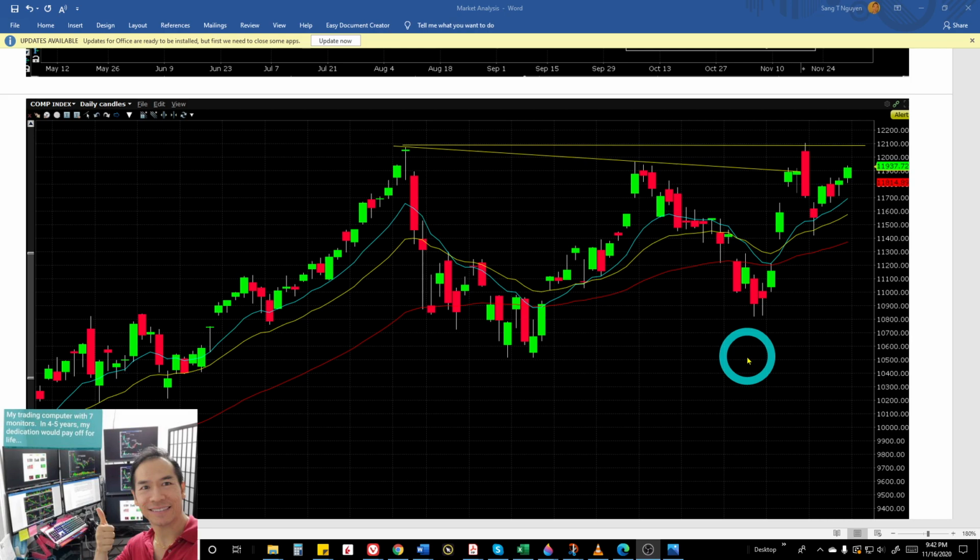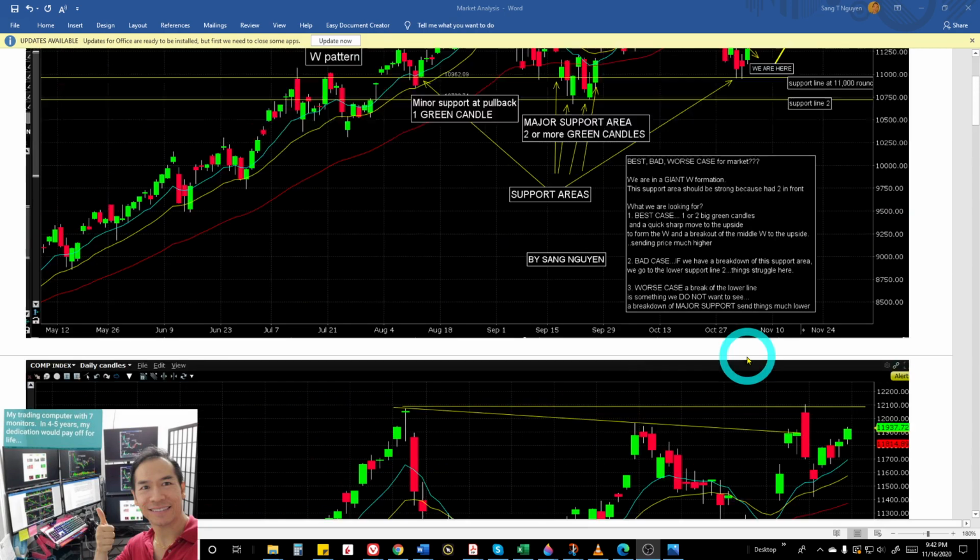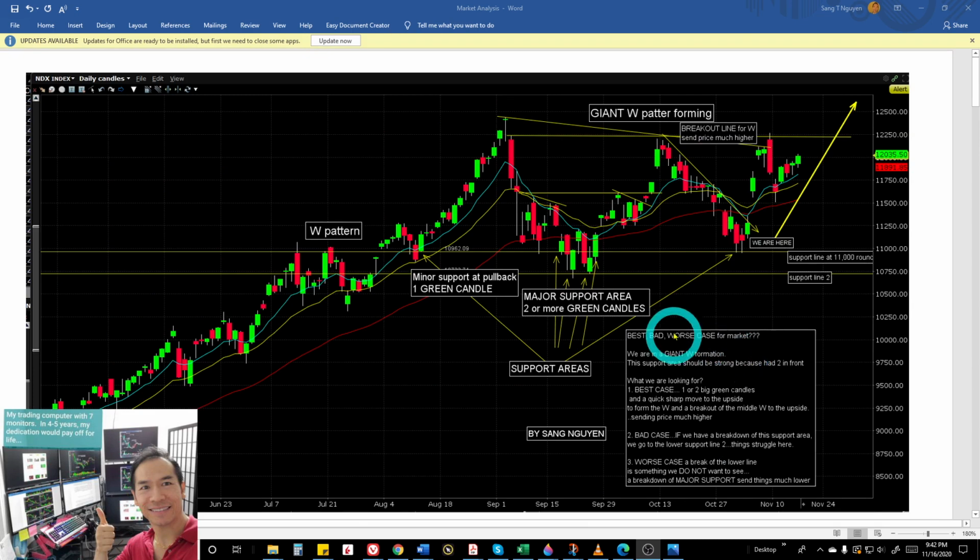Next one, let's go to my favorite index, the NDX. Now, remember, I trade mostly technology stocks, and I like technology stocks because I like technology. I know a lot of you like to hold technology stocks too, like Apple, Amazon, Facebook, and those big names. So the last time the NDX tried to break out of the middle of the W,